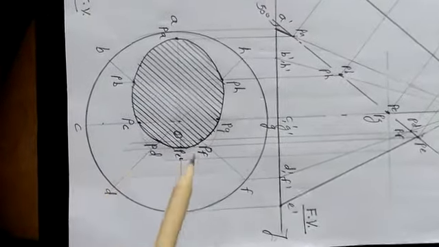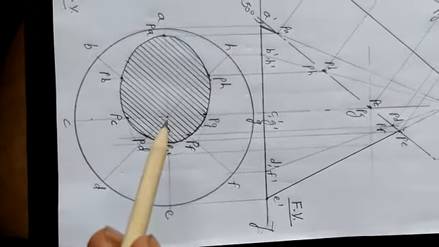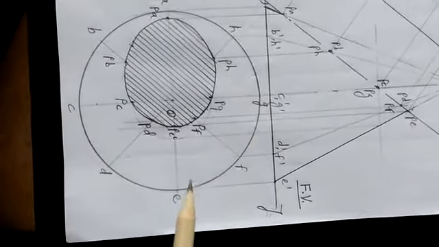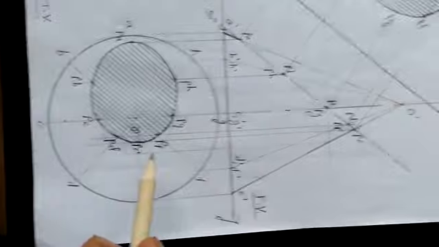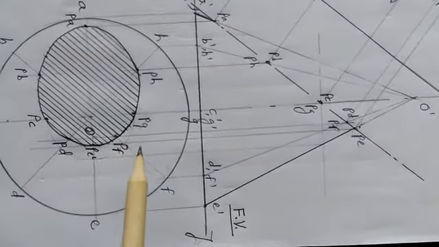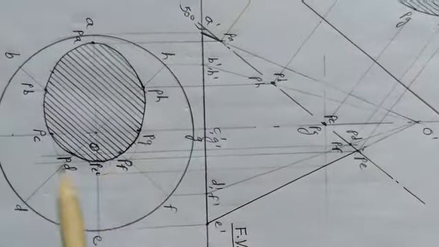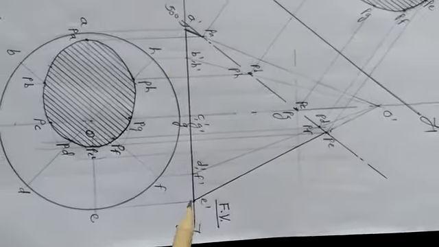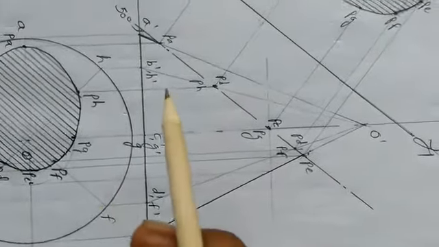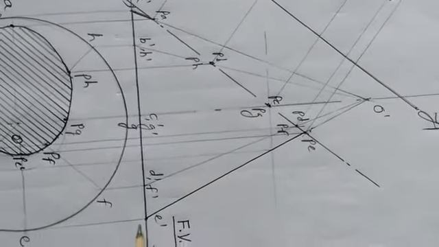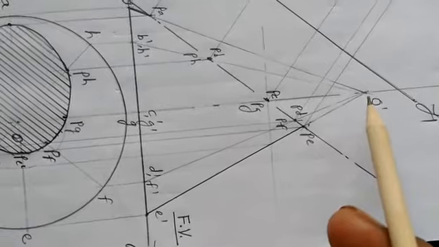in the first view, that is the circle divided into 8 parts, A to H naming, apex, and its connection with all the peripheral points, and this will complete your first view, that is the top view. Now accordingly the front view. Same as it is resting on HP, the base will be over HRL as it is. Corresponding all the names A to H by single dash will be carried over HRL, A dash to H dash. All the names respectively you have to give here, and again you have to connect all these peripheral points, base points, circumferential points to the apex which is shown as O dash.